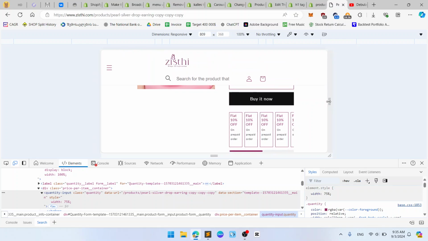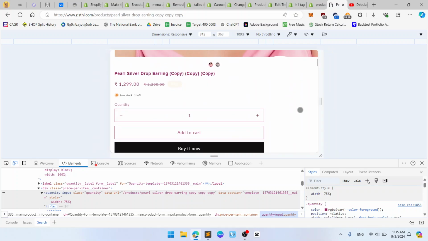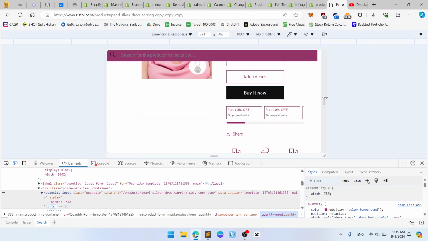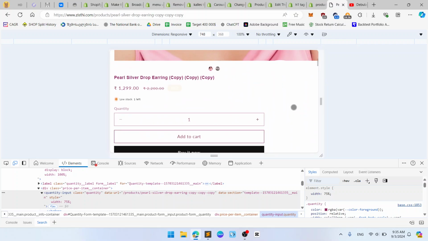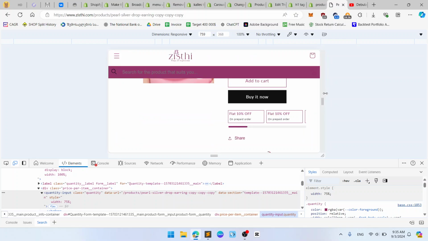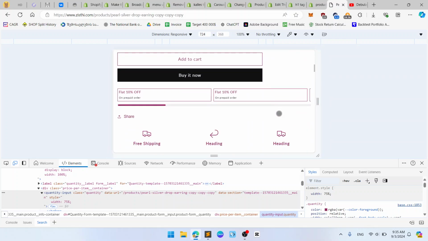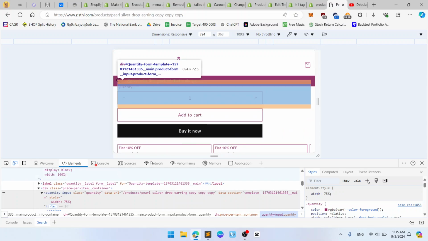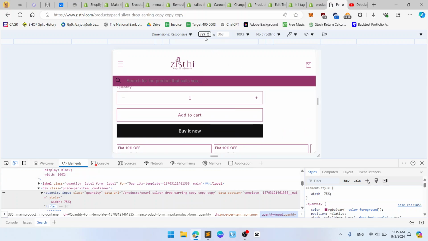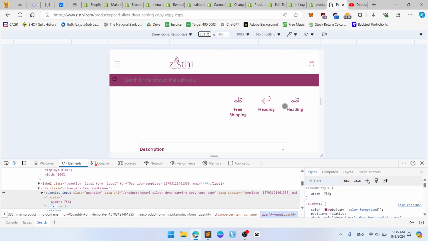So let's make it smaller, still good, and there is a breakpoint right here. Okay, it has a breakpoint right here, and it should be width 100% on the